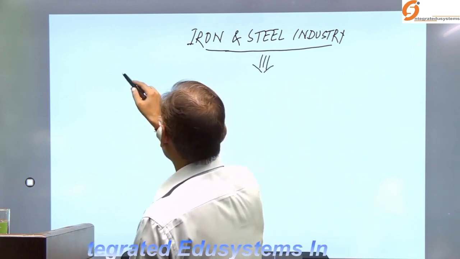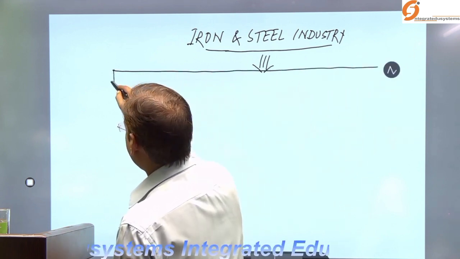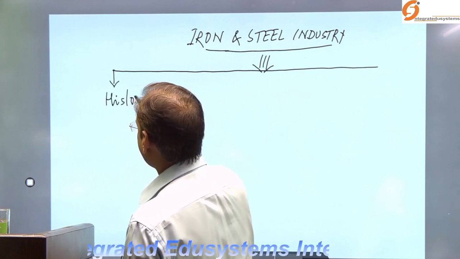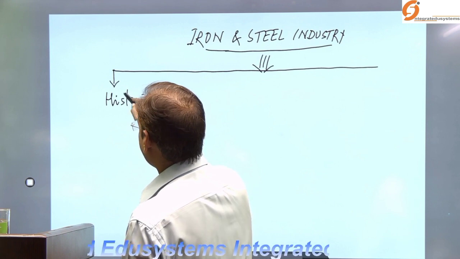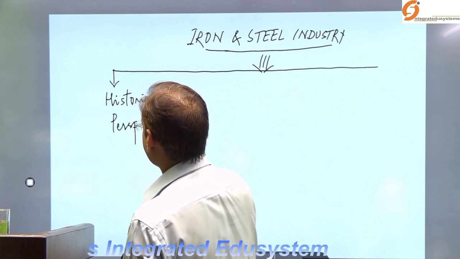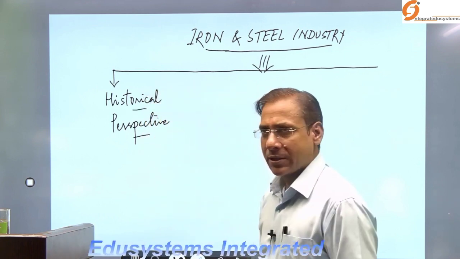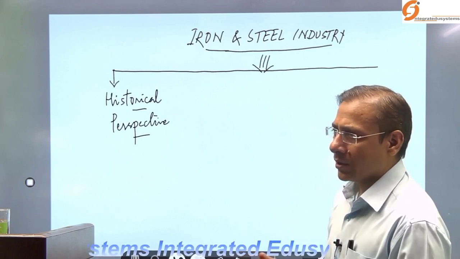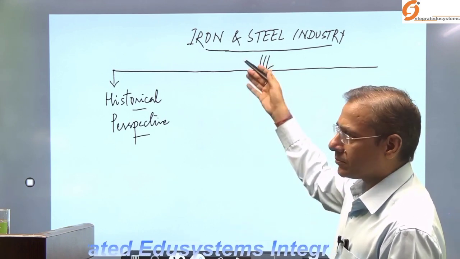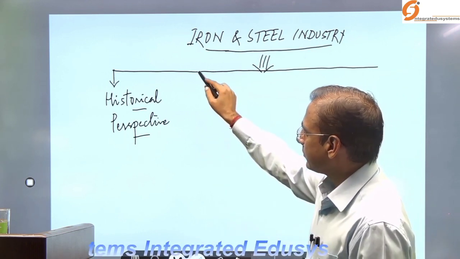Basically, we have to develop the historical perspective of the growth of iron and steel industry in India. Say for example, where the first industrial setup begins in India, especially the iron and steel sector, how it grew. Then